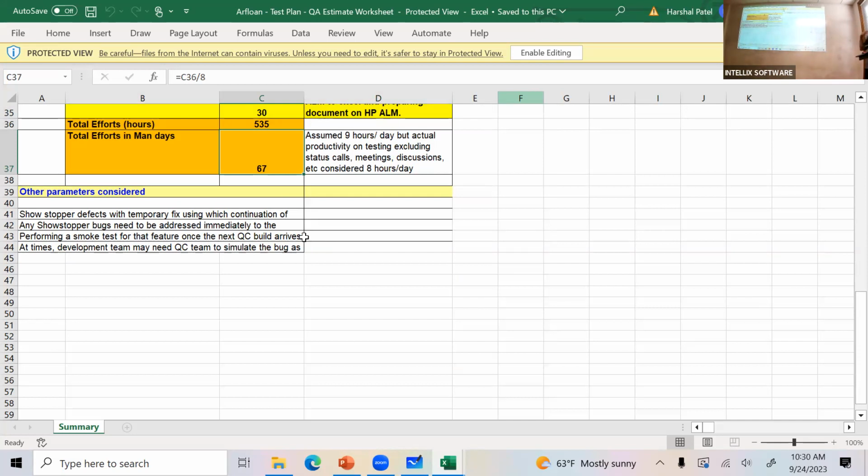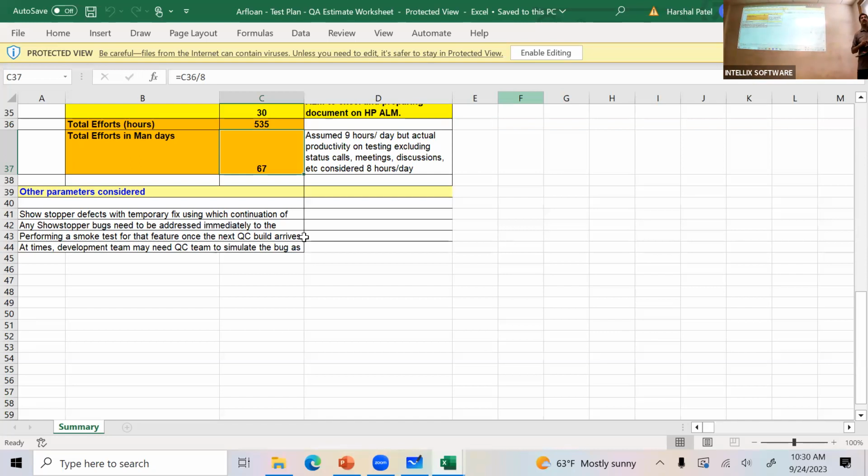Yeah, 67 working days, right? So when you say it's 5 working days a week, you need 13.5 weeks to do that. Right? So that's how you come up with an estimate. Now, this is just an example, right? You may come up with slightly different estimates. Okay, but this is how you go about giving that, because every time your team is going to give it,